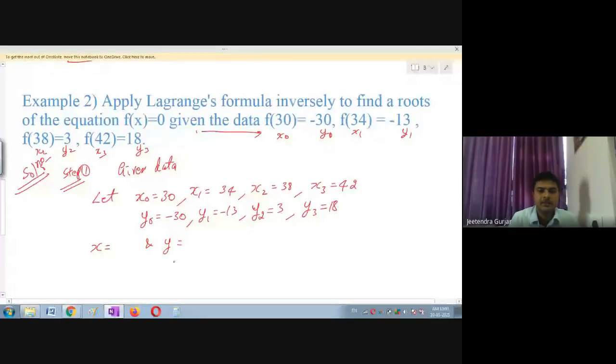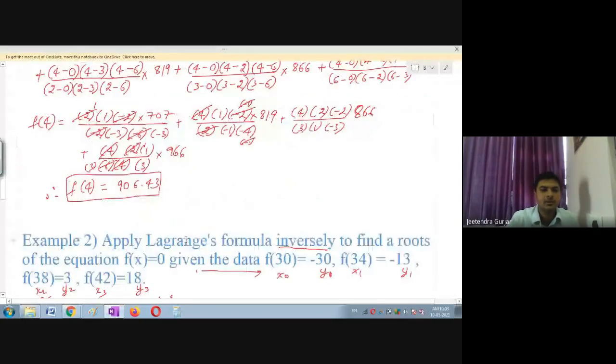Y is 0. We have to calculate x value, means we are going to take inverse. So this is also one of the clues. You can just see, if they don't ask you Lagrange's inverse or Lagrange's interpolation formula, please note that when x is not given, it means it is inverse Lagrange's formula going to be asked. You are going to solve. If y is not given, like in the previous class, y they have not given, right? So y is not given here.